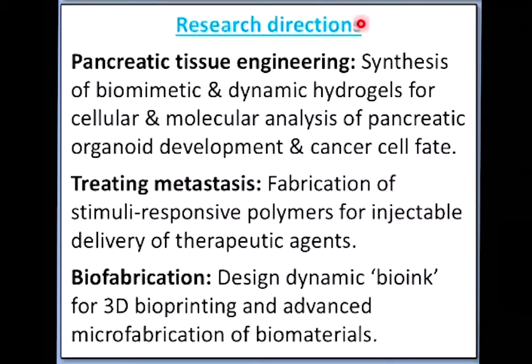One is on pancreatic tissue engineering. The second area is on designing materials to deliver drugs for treating cancer metastasis. And finally, we are using our materials as a bioink for advanced biofabrication. In the area of pancreatic tissue engineering, we are working with differentiating pluripotent stem cells into pancreatic organoids. And in this area, we are interested in seeing how material properties, how local matrix properties can direct and influence